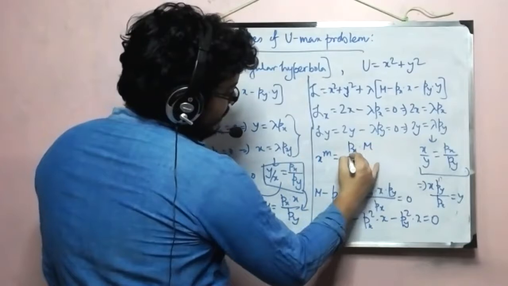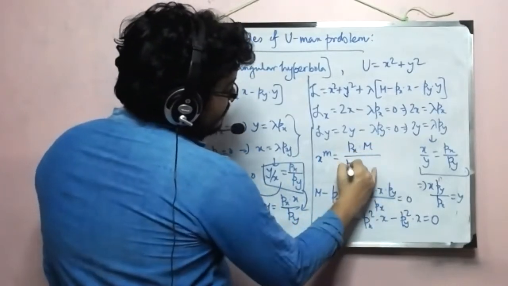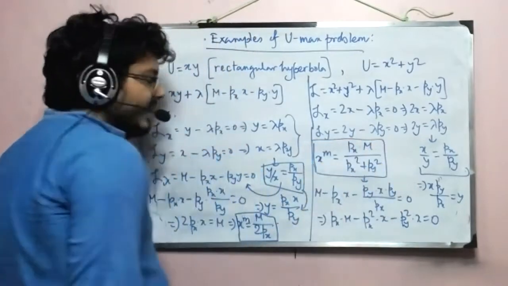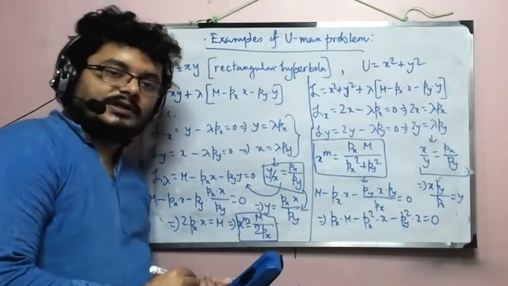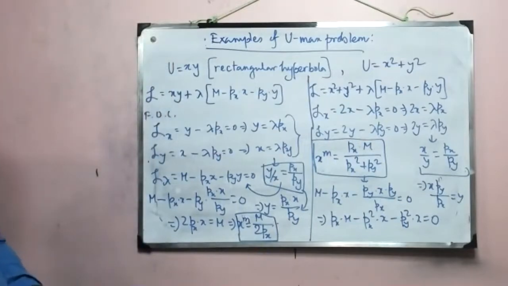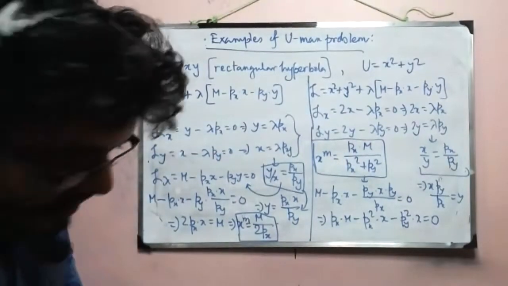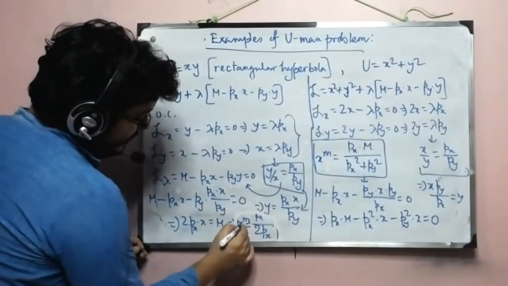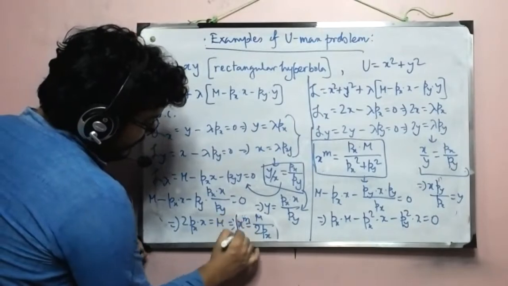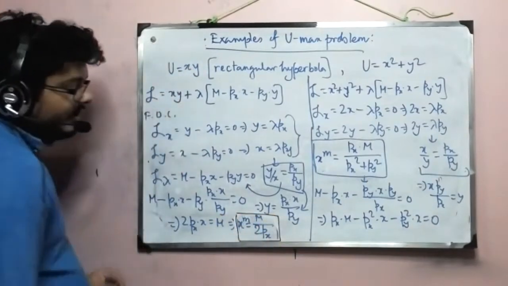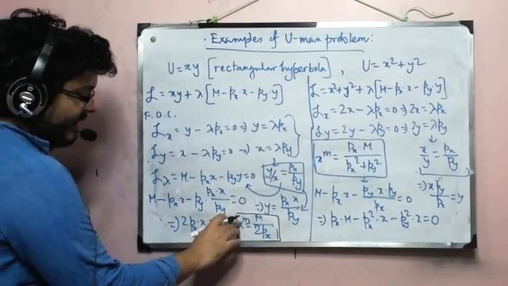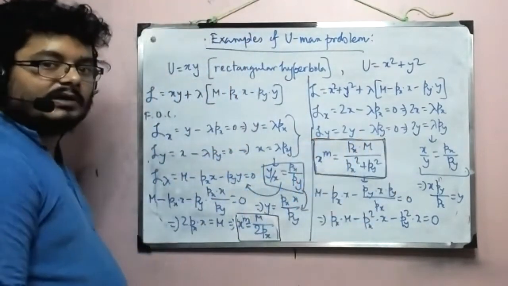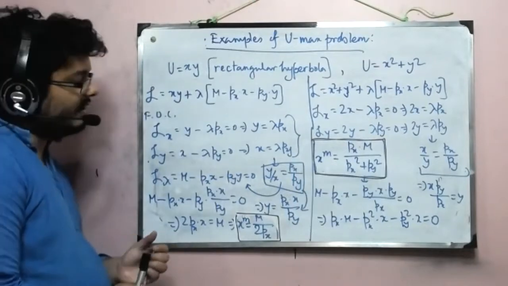Px into m by px square plus py square. So this is my Marshallian demand function that I get if I use the Lagrangian method and optimize. Okay, so just for a change in color, let's block it like this. One of our results here is xm equal to m by 2px, and here it will be this one: xm equal to px into m by px square plus py square.